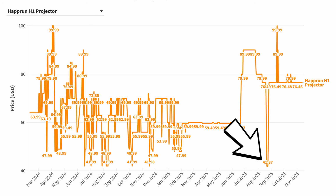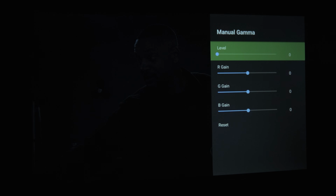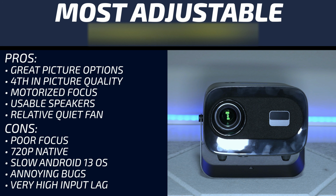The Hackdill and Zenality both have Android 13, but the big difference is that the Zenality makes all of Android 13's picture options available to let you adjust things like gamma and white balance, and it's also got better speakers and a fairly quiet fan. But it does have relatively poor focus, a 720p native display, and some pretty annoying bugs, like the fact